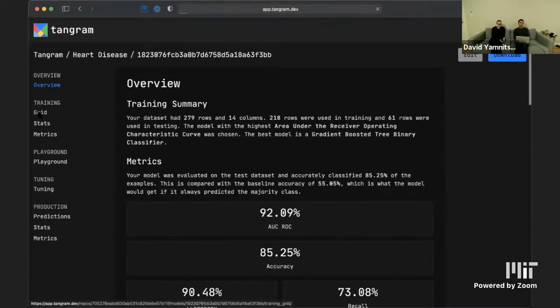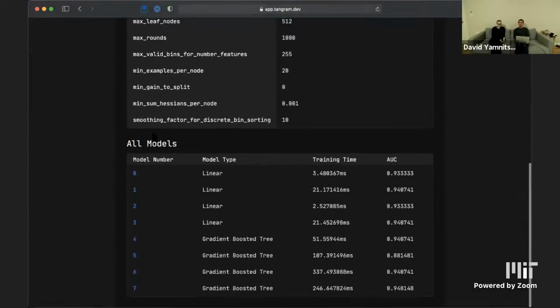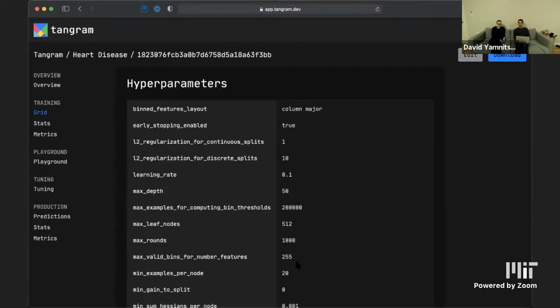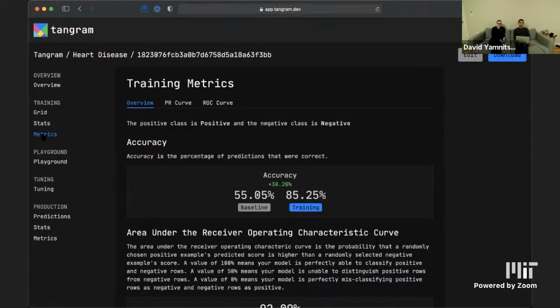I can go to the grid here and you can see the full hyperparameter grid. So these are all of the models that were trained, only one of which was chosen, the highest performing one. So I'll choose one and you can see all of the hyperparameters. So the goal is that this is not a black box machine learning system. We really tell you exactly how every single model was trained